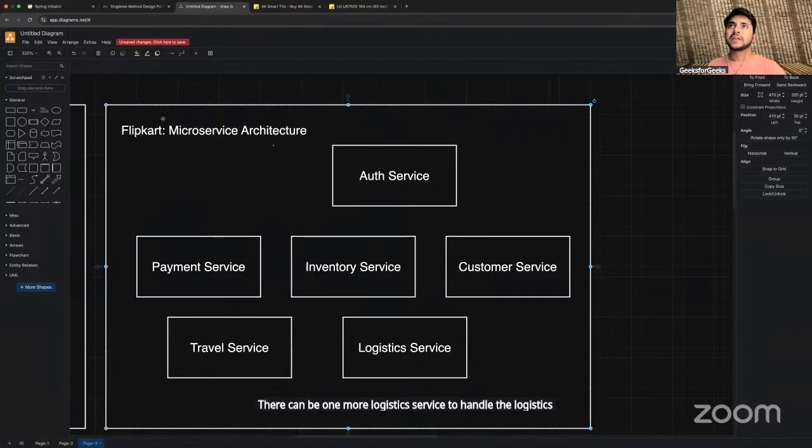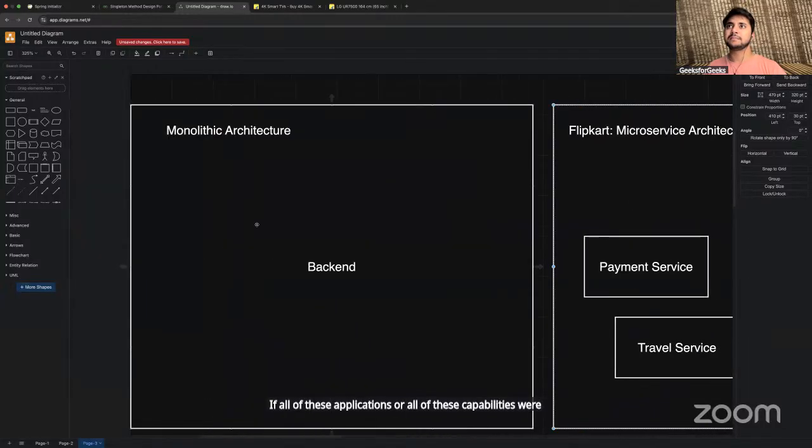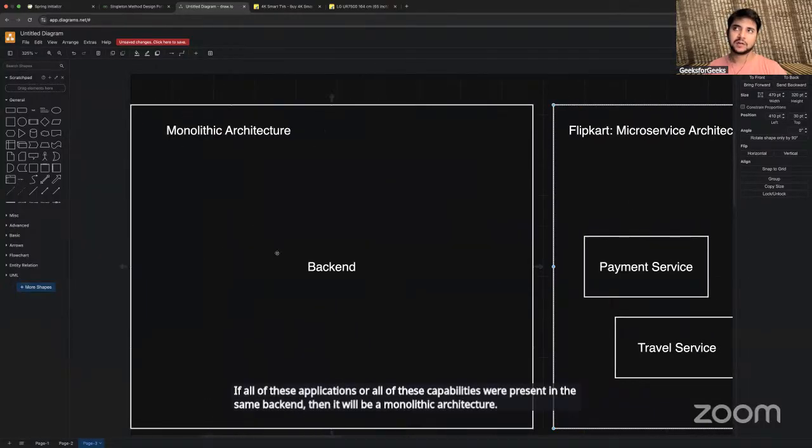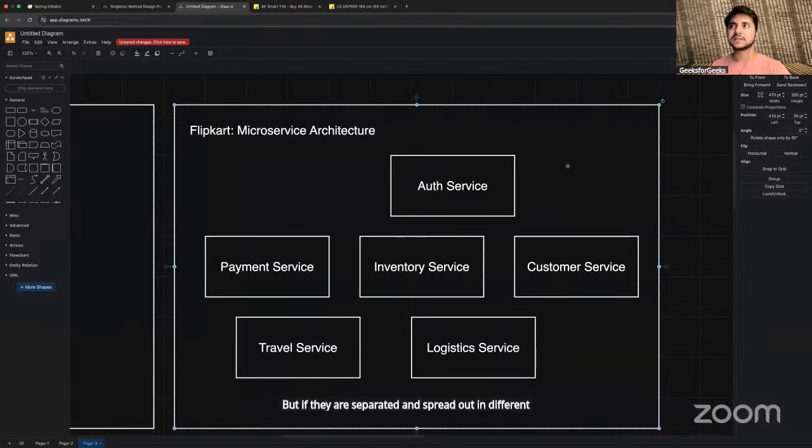All of these services together are making a big application like Flipkart. If all of these capabilities were present in the same backend, then it would be a monolithic architecture. But if they are separated and spread out in different smaller services, then that becomes a microservice architecture.